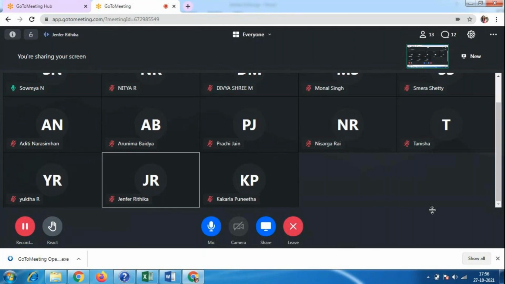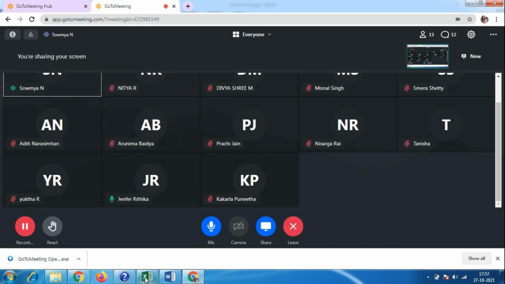Ma'am, like magazines, books means like we can use magazines, photo albums. Photo albums I have already told. What kind of books can we make? Ma'am, photo albums, maybe. Photo albums we cannot make in InDesign software, photo albums are only for Photoshop. Yuktar, Aditi Narsimhan, can anybody tell me what kind of book designs we can make here? Ma'am, novels or catalog? Yeah, tell me, anybody can tell me, no problem. Catalog?